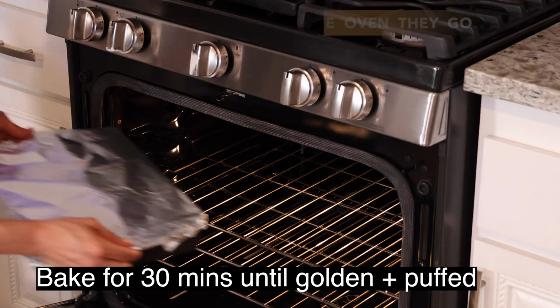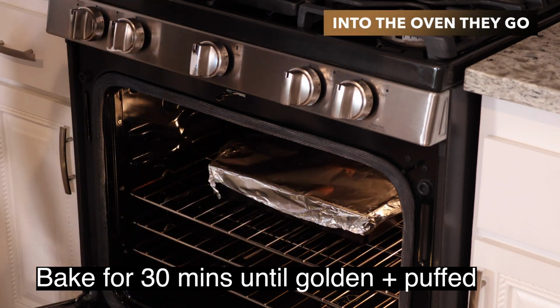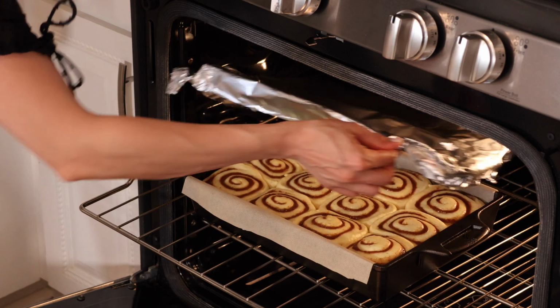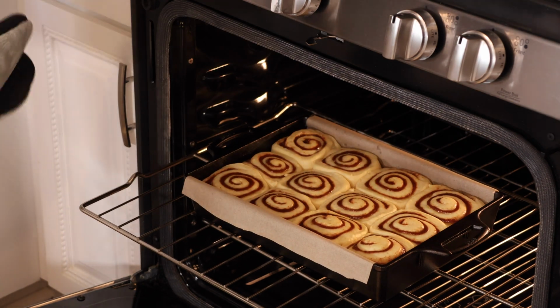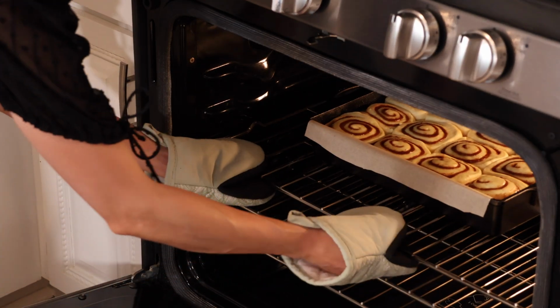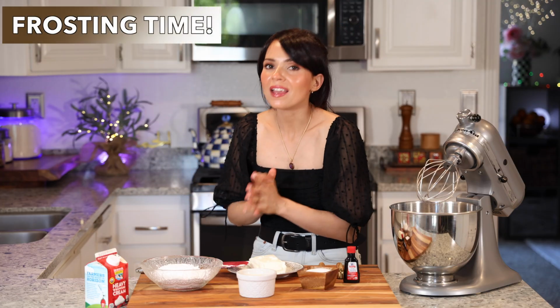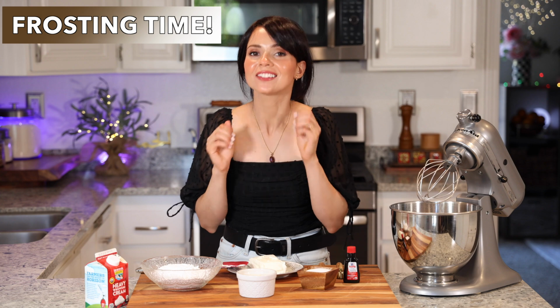So I'm going to cover these up with aluminum foil and we're going to bake them covered for 15 minutes, and then we're going to remove the aluminum foil and continue baking them for another 15 minutes until they are nice and golden brown. While those cinnamon rolls are baking away and making the whole house smell like a dream,